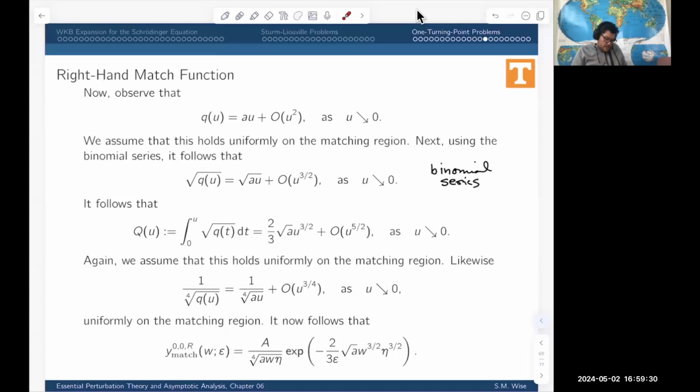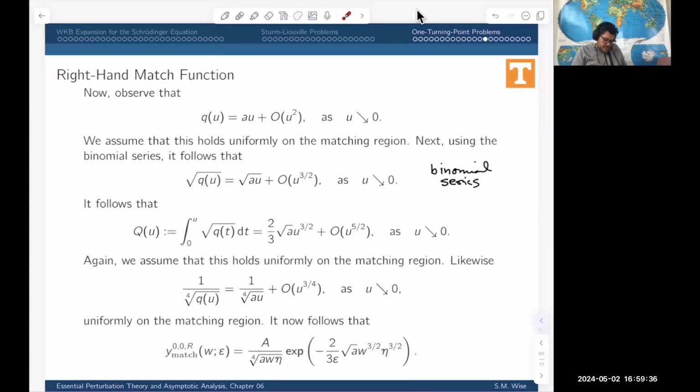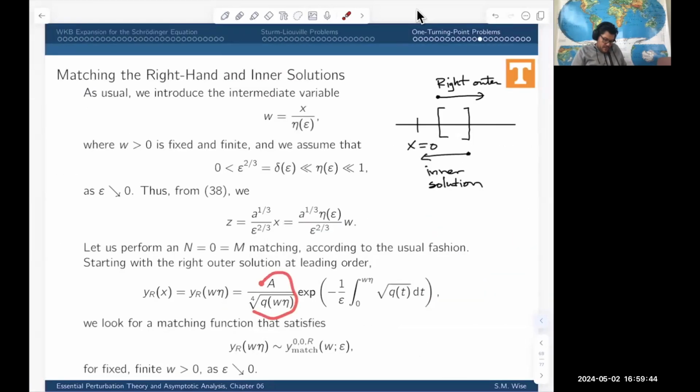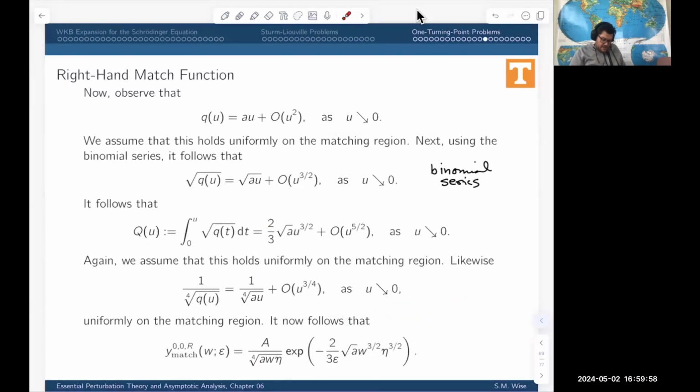All right. And then what I do is basically I'm going to take these values that I just calculated. So this is the important one here. And you plug those in here and here. Only your U is going to be W times eta. And keeping in mind that eta goes to 0 as epsilon goes to 0, that determines that our matching function,